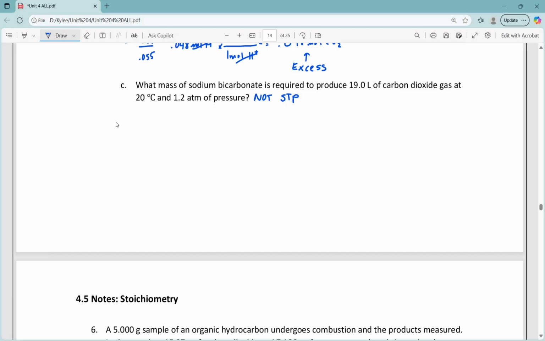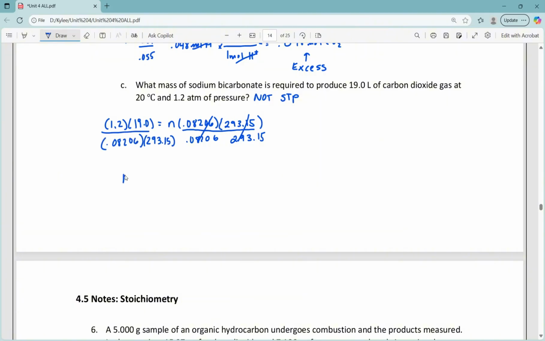So they give me a pressure of 1.2. They give me a volume of 19 liters. I need to find moles. The ideal gas law constant is 0.08206. And then 293.15 is what we're going to be in Kelvin. Remember, anytime we're doing a gas, we need to be in Kelvin. So I'm going to divide both sides by R and by the temperature in Kelvin so that N is by